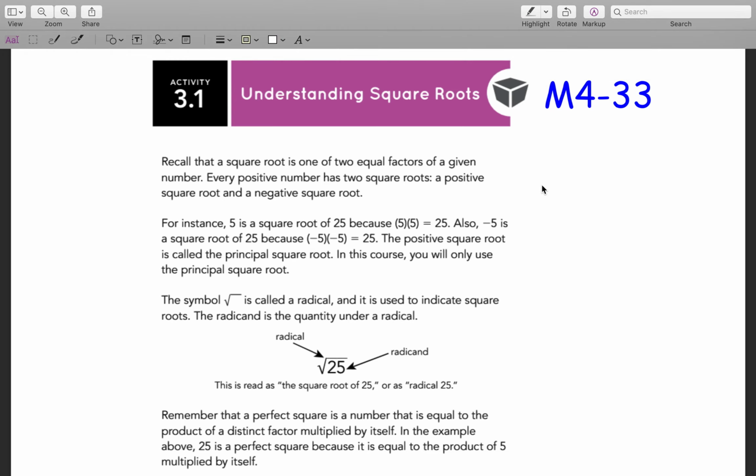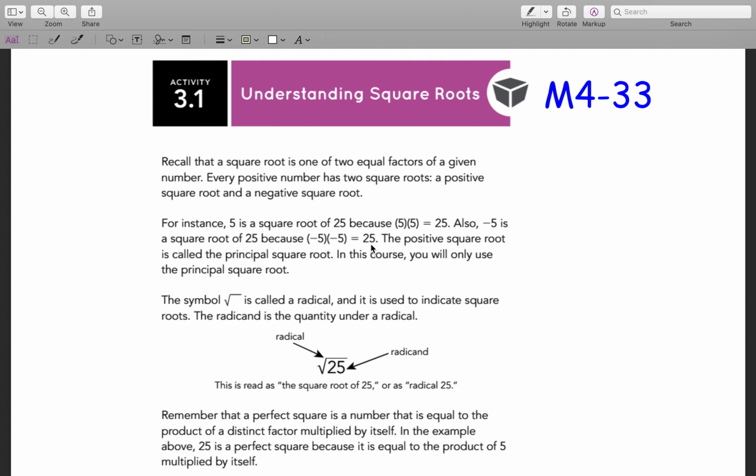This is page 33 in Module 4. So recall that a square root is one of two equal factors of a given number. So every positive number has two square roots, a positive square root and a negative square root. For instance, 5 is a square root of 25 because 5 times 5 is equal to 25. But also, negative 5 is a square root of 25 because negative 5 times negative 5 is also equal to